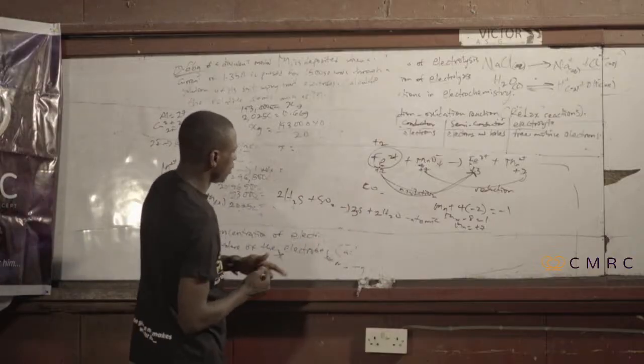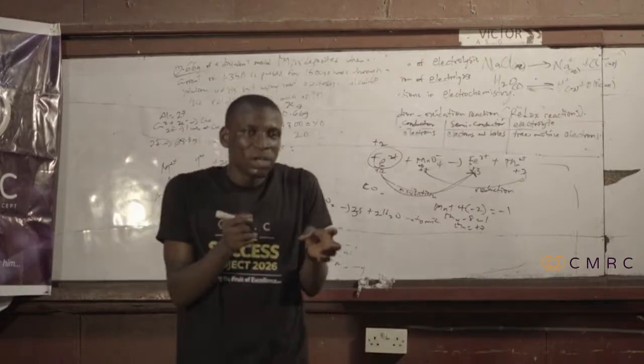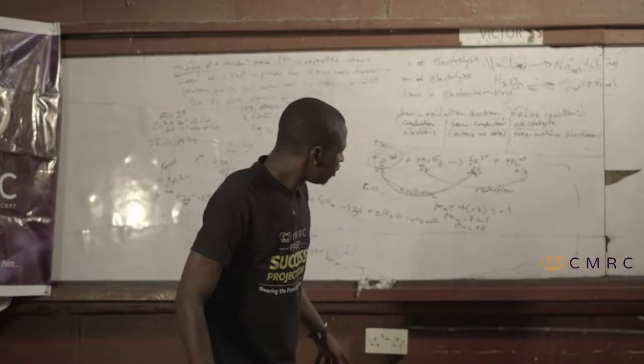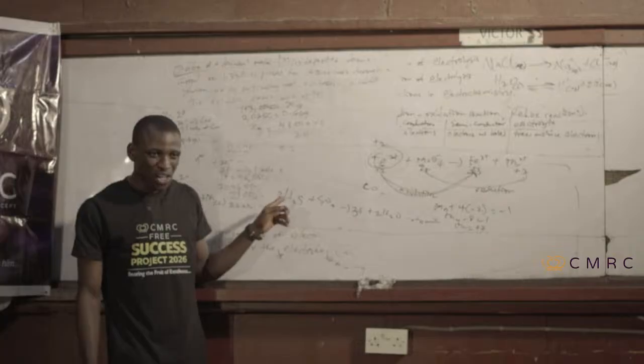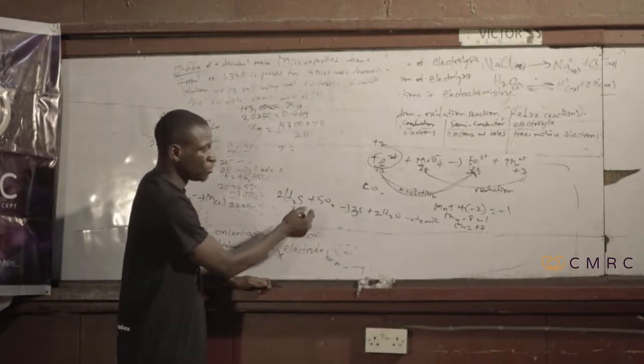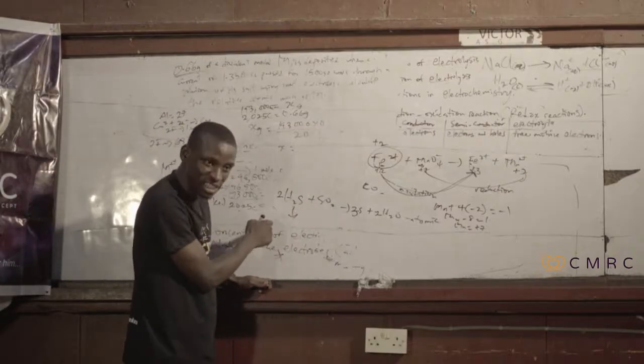Yeah, and then this is balanced now. Now look at this. Normally, H2S is a reducing agent. SO2 is also a reducing agent. But H2S is a stronger reducing agent than this. So in this case, this one becomes the reducing agent. The more reducing one becomes the real reducing agent. Why the